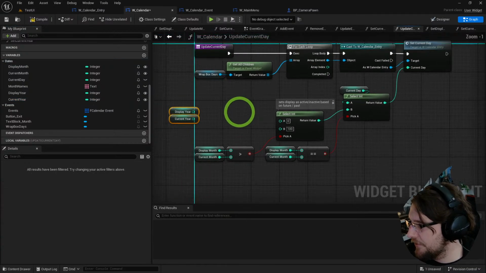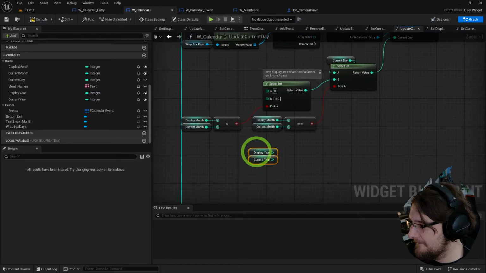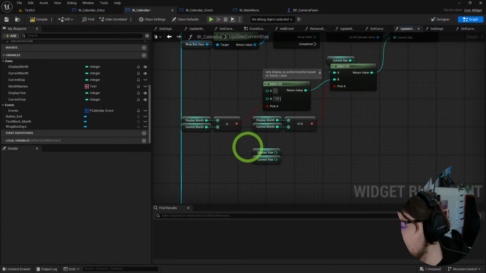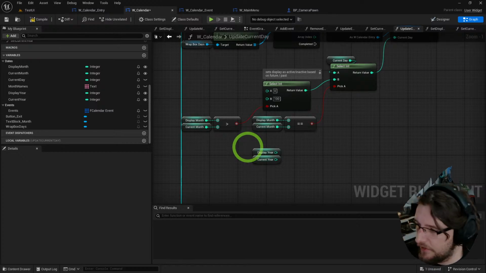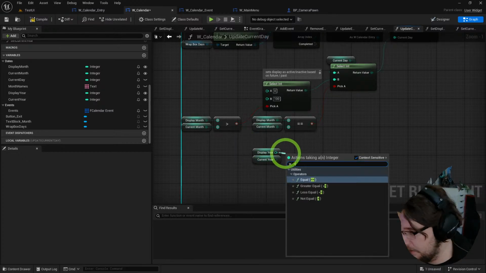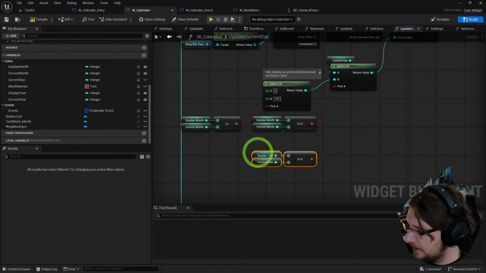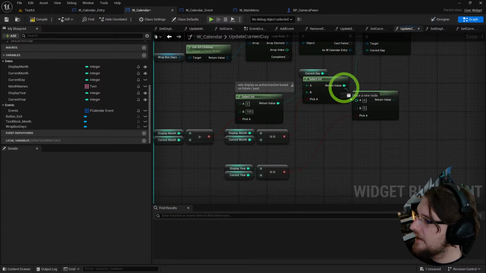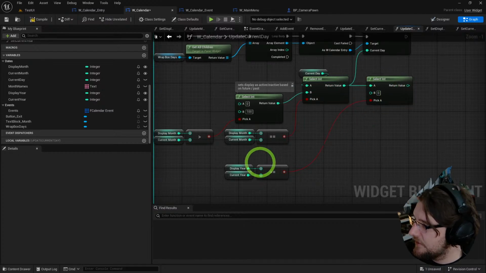Yeah, this sort of also informs things. Because basically, if you go back a year, if you go forward a year, whatever you're looking at is ahead. And if you go back a year, whatever you're looking at is before. So here we just say, is the displayed year equal to the current year? And if it is, then we can do this. If not,